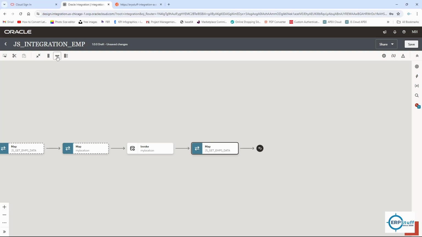Now I have two, right? One is integration app, and this is app one, right? So this is active, this is draft, right? Still it is draft. If I try to access it, it will not be available, right? So let me show you the other options. Here you have different options, right? Still, if you see here, there is no run option, right? For that, what I need,